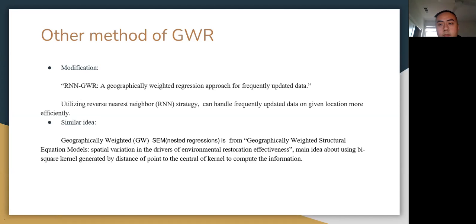There are three ways to measure the performance of MGWR. The first way is called the coefficient of determination, or R squared. It calculates the proportion of the variance in the dependent variable that is predictable from the independent variable. It can be used to test the hypothesis, and it tells us how well observed outcomes can be replicated by the model. It is defined as 1 minus the sum of squares of residuals over the total sum of squares.